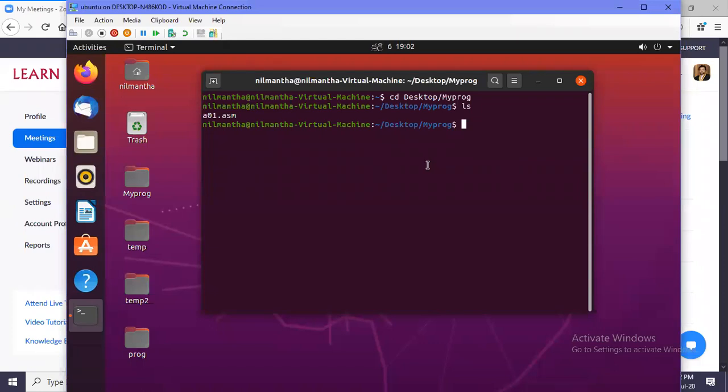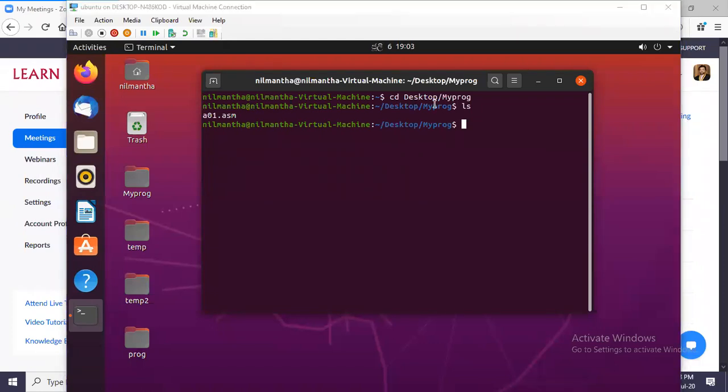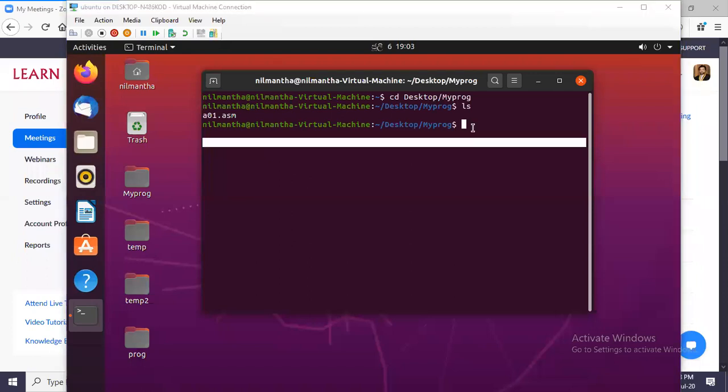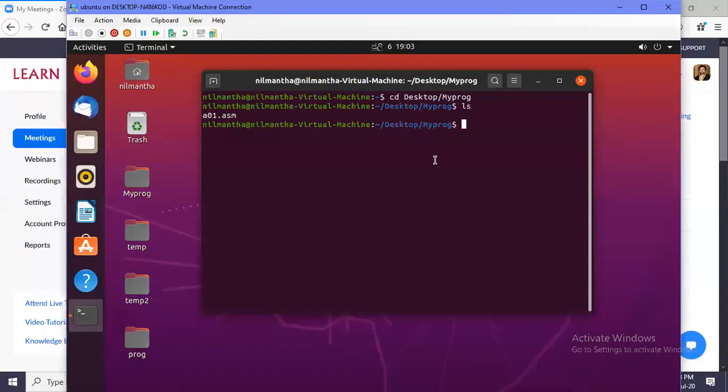So in order to open this one, just use gedit and the name of the file.